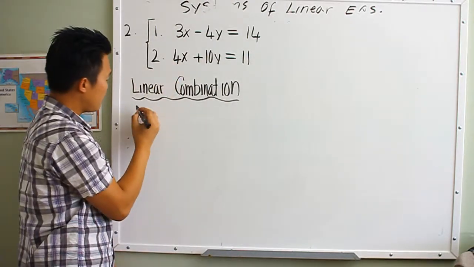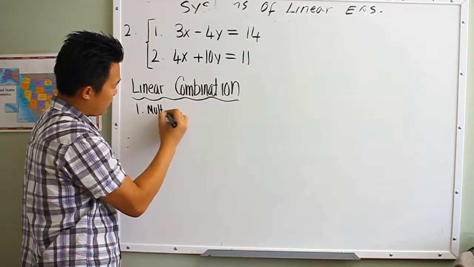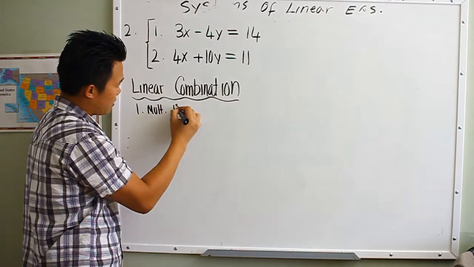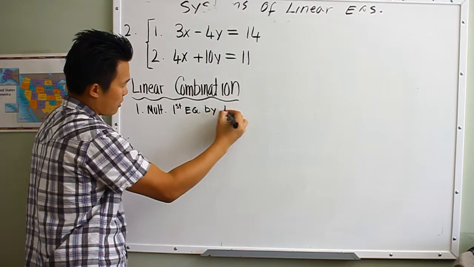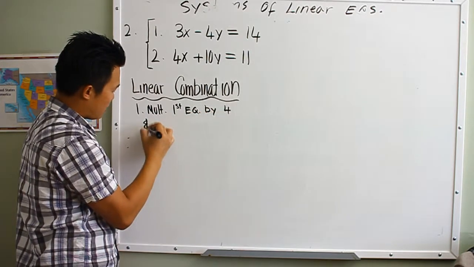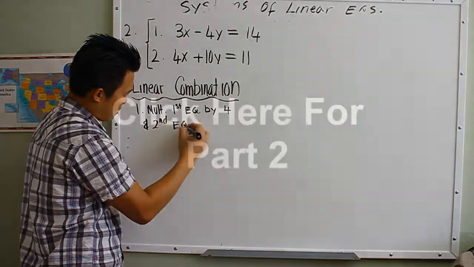All right? So here's what I'm going to do. Multiply the first equation by 4 and the second equation by -3. All right? If I do that, here's what the first equation is going to look like. Multiply that by 4, I get 12x minus